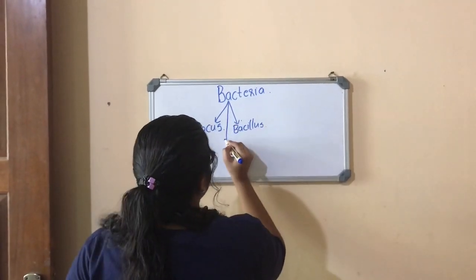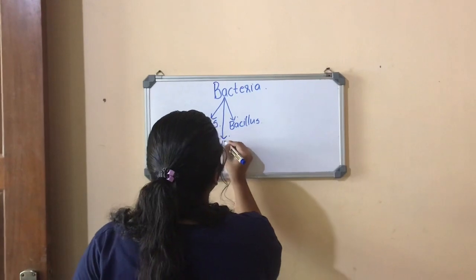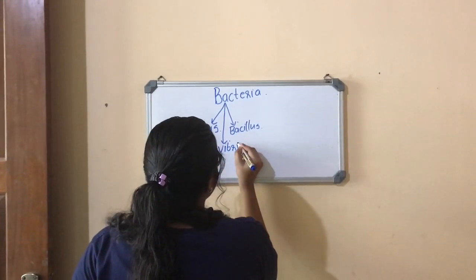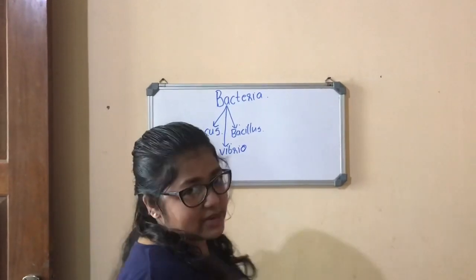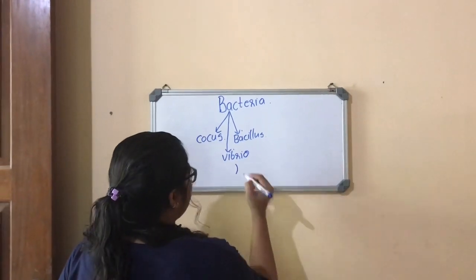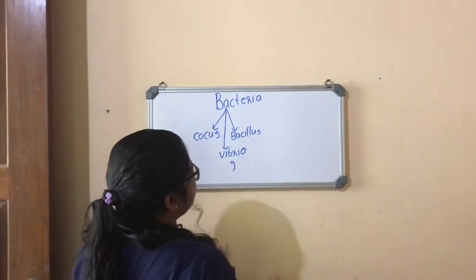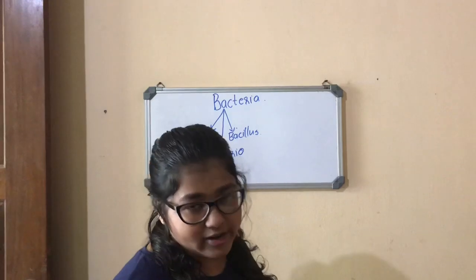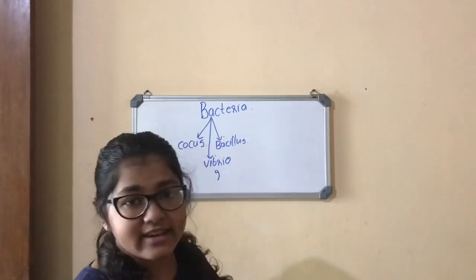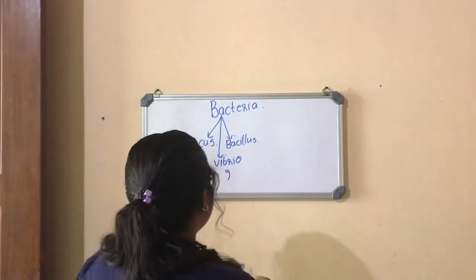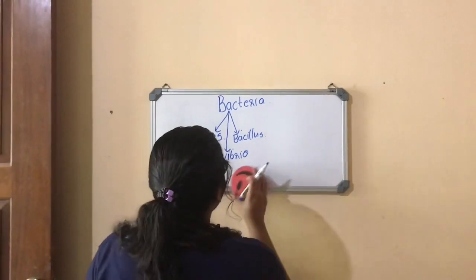And the third comes the Vibrio. Vibrio is a comma-shaped bacteria. It just looks like a comma. And the best example of Vibrio is Vibrio cholerae, the microorganism which causes cholera disease. And after